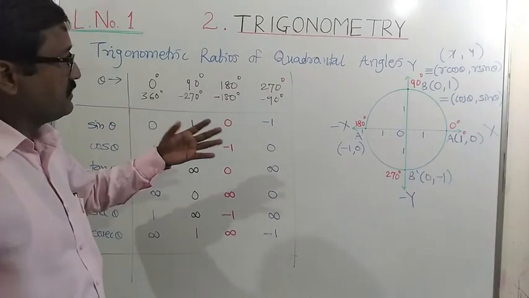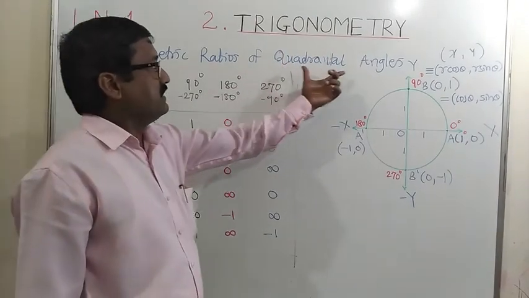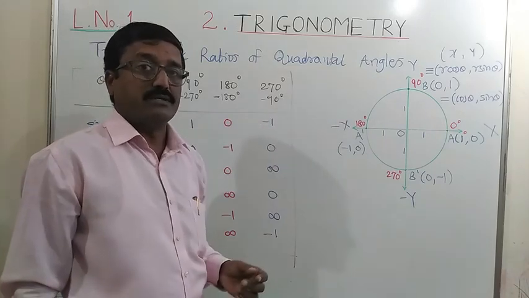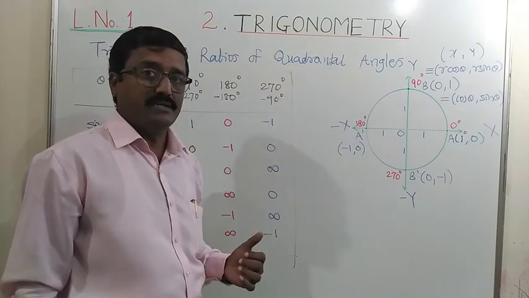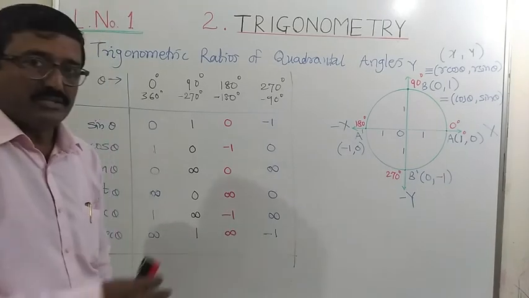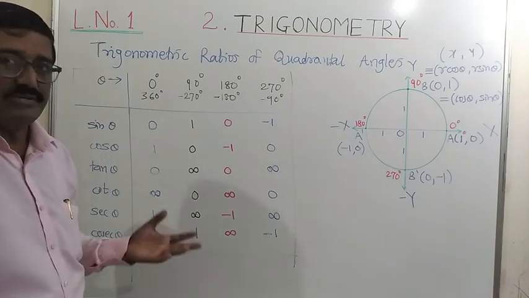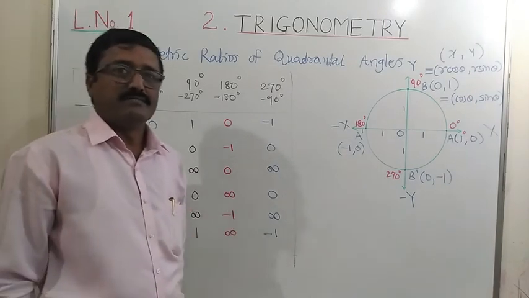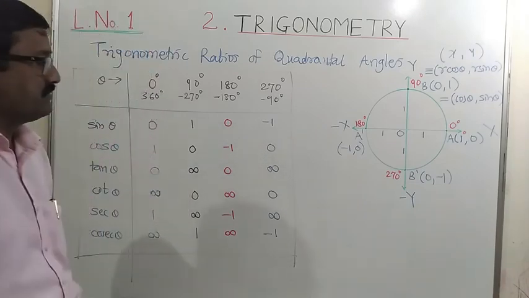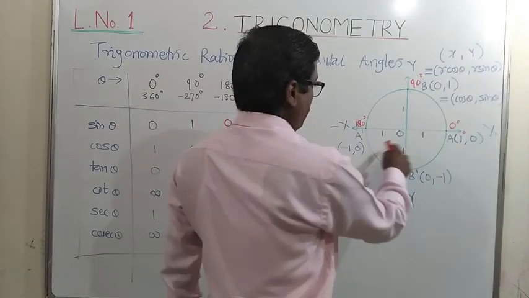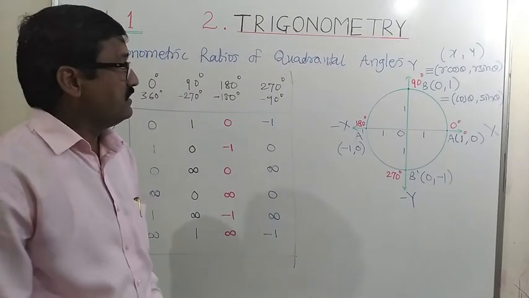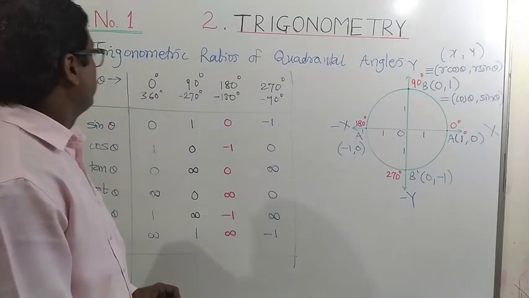Now in the next part, the next concept, we will take particular angles. Those are nothing but 30 degree, 45 degree, 60 degree, or more than that, that is 120 degree, 225 degree, etc., or 150 degree, etc. Means angles in quadrants, some particular angles in quadrants. Okay.